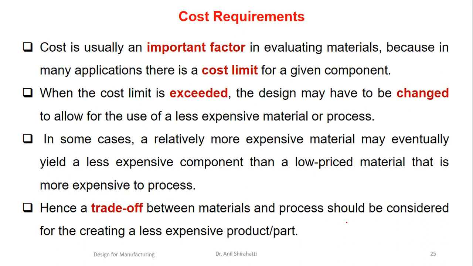But if the same material I'm designing for, let's say, a high temperature application, let's say I'm working at 300 or 350 degree centigrade, where it is a very critical nuclear operation, some nuclear component it is going. In that case, it is better to go for stainless steel, because the amount of risk involved is more than the material cost. So that is what I am saying in this third point.